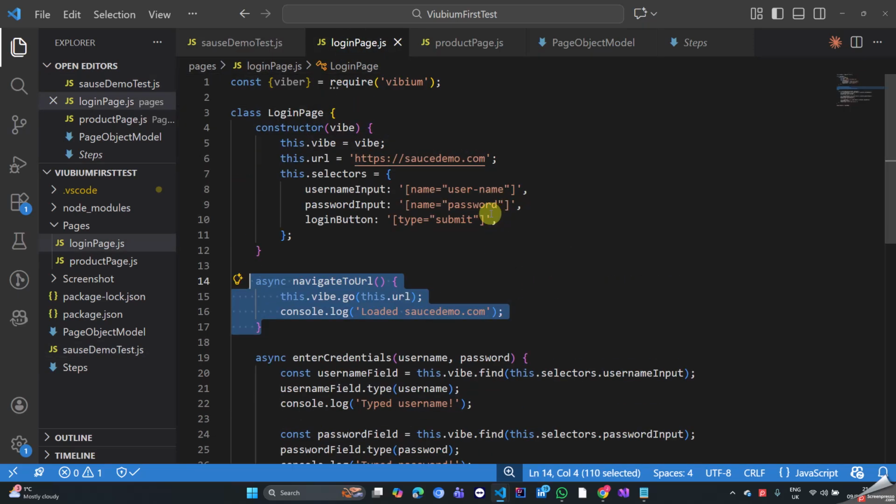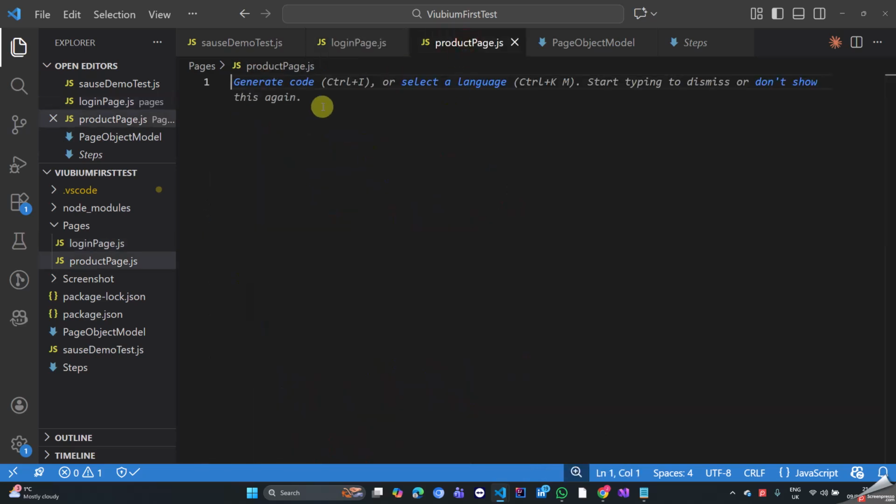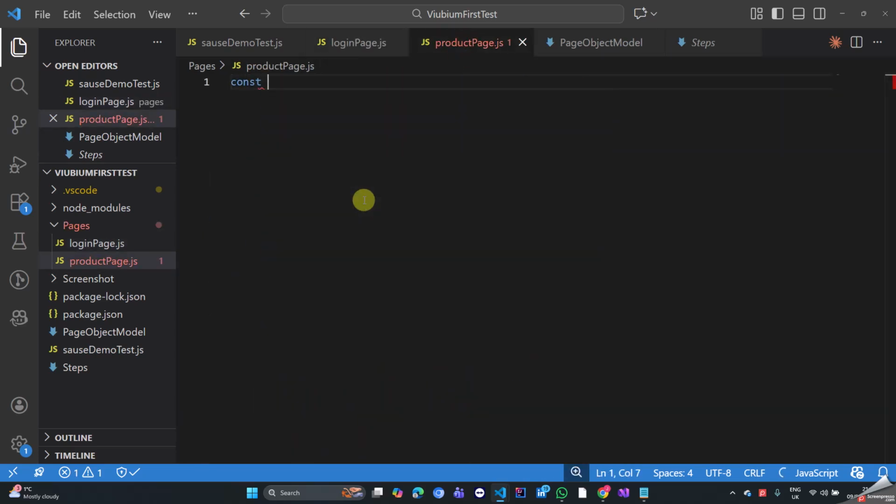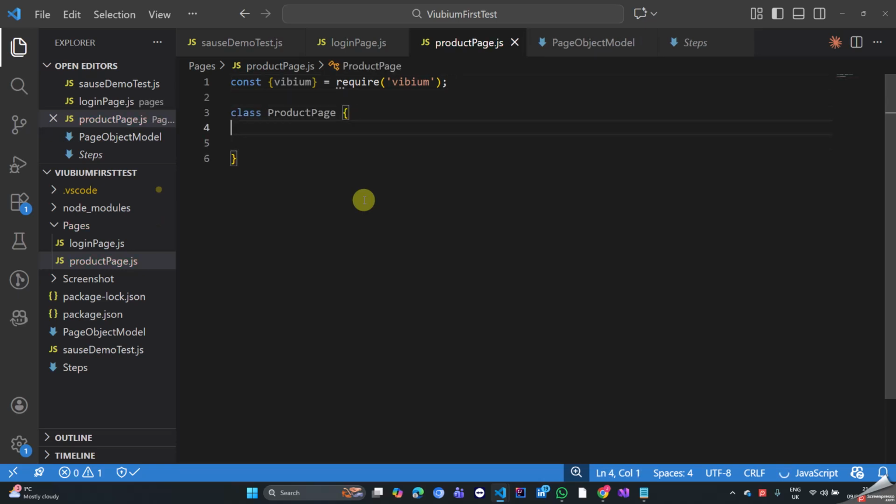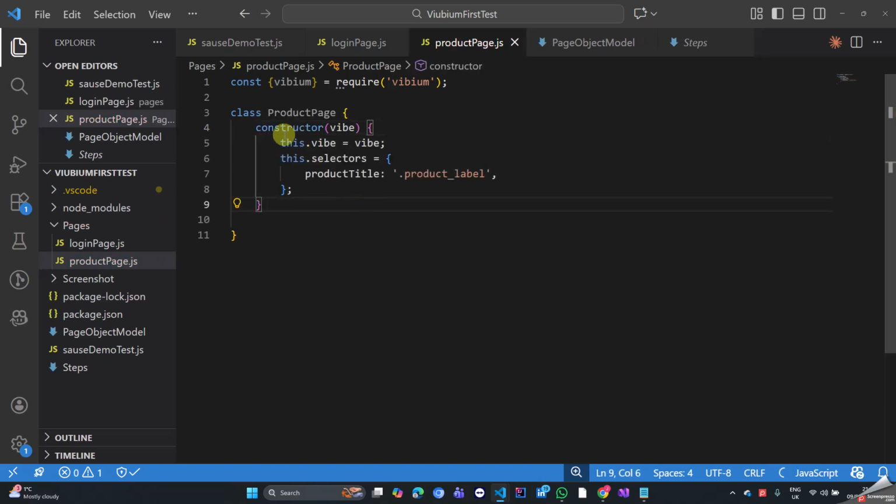I'm just going to quickly make things faster by importing Vibium here as well, and then create my class. And within the class, I'm going to create a constructor which initializes the driver object,